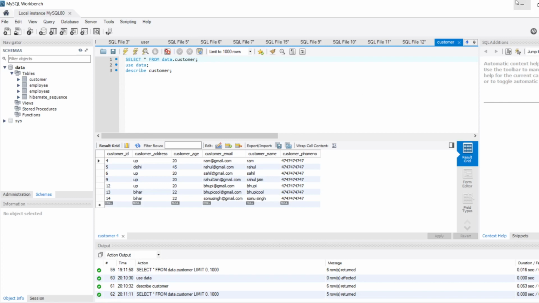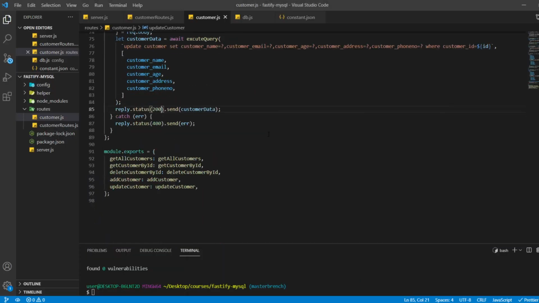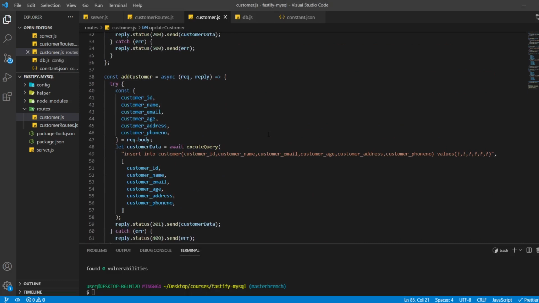And one more thing that I want to do is, in customer, I don't want to see the MySQL structure. For that, what can I do? Customer data equal to await execute. Oh, we can't do that here because our ID is not auto generated. That works only when your primary key is auto generated, but we don't have our primary key auto generated, so that is why we can't do that thing here.